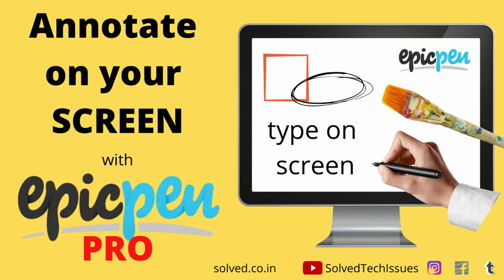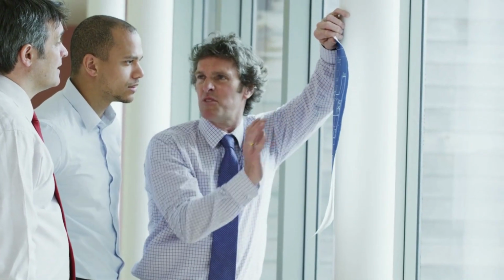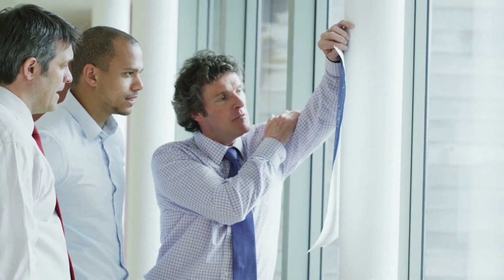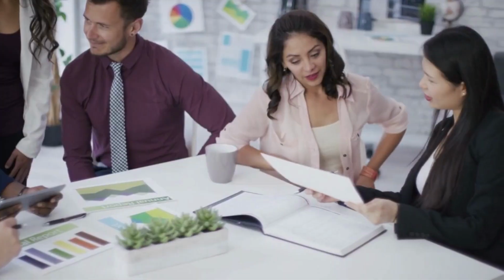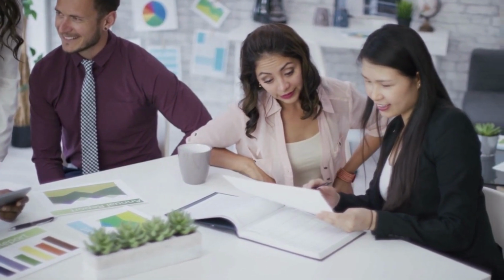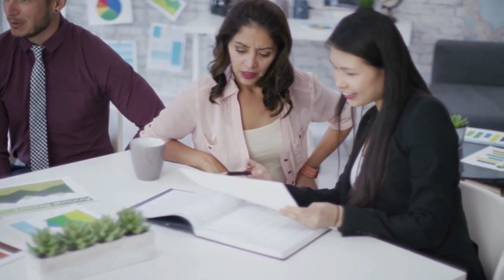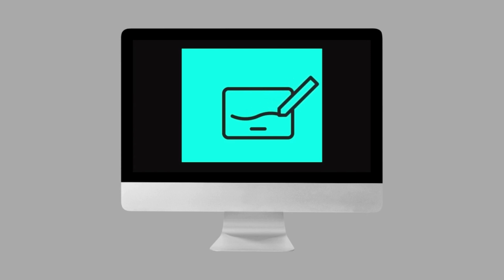Have you ever been working on a project and realized that there are so many errors, and you want to report them or show them to someone who is actually doing the work down the line? You think it was so much easier when we were all sitting in one office: a printout came to me, I would just circle it off and send it back to the person. How do I do it when we are all working from home or working off site? How do I do it on the screen?